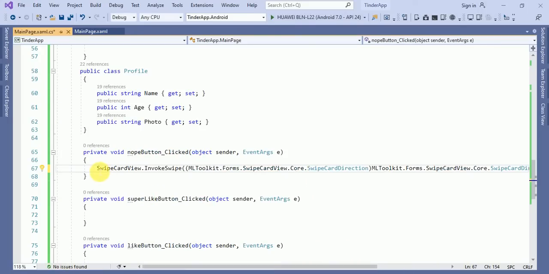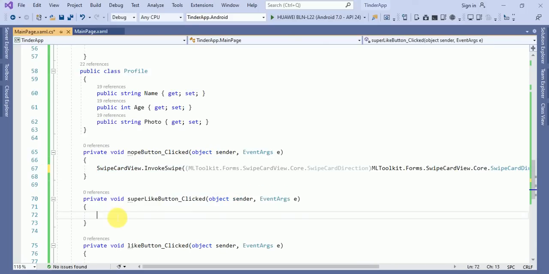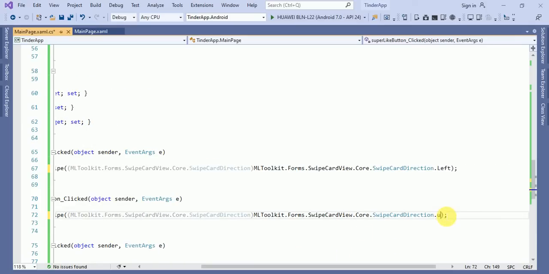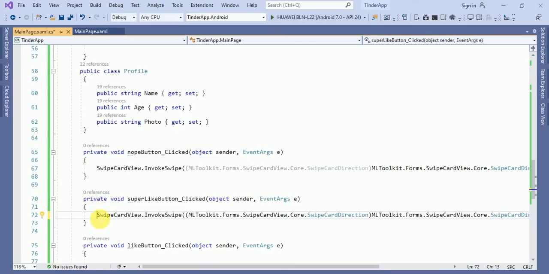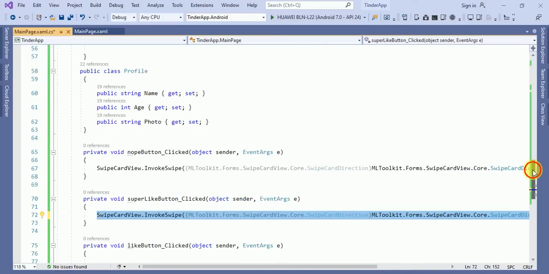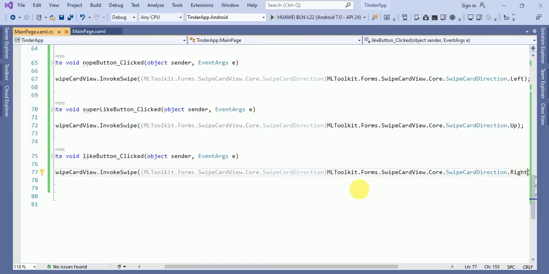And here, this is the super like. Okay, for super like we will say up, and the next one is like. For like we will say right. Okay.